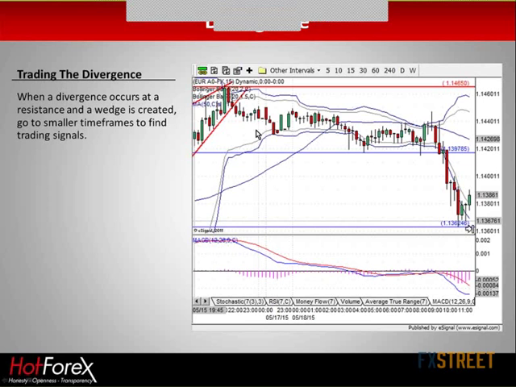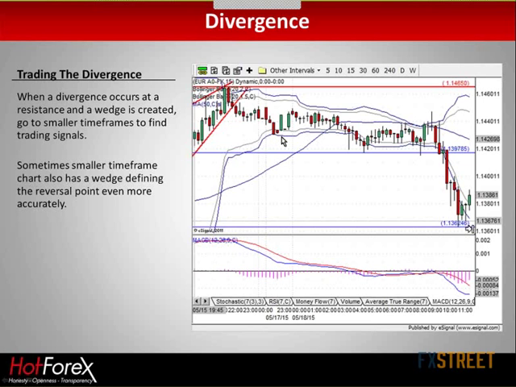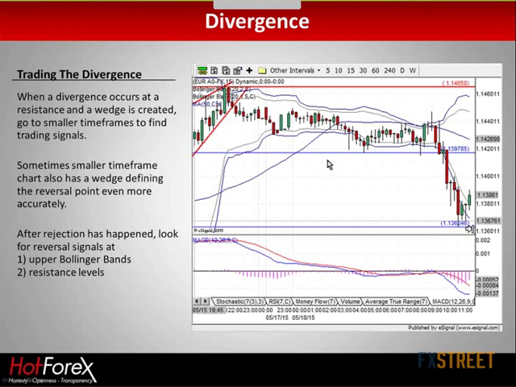So what you need to understand here, the most important thing, is the price is close to a resistance level. Anything that happens there is just, close to that level, kind of a symptom of that level. So the level causes traders to get more careful, and eventually the price turns down. And now what to do? When you come here, you can go to smaller time frame charts and find signals to go short